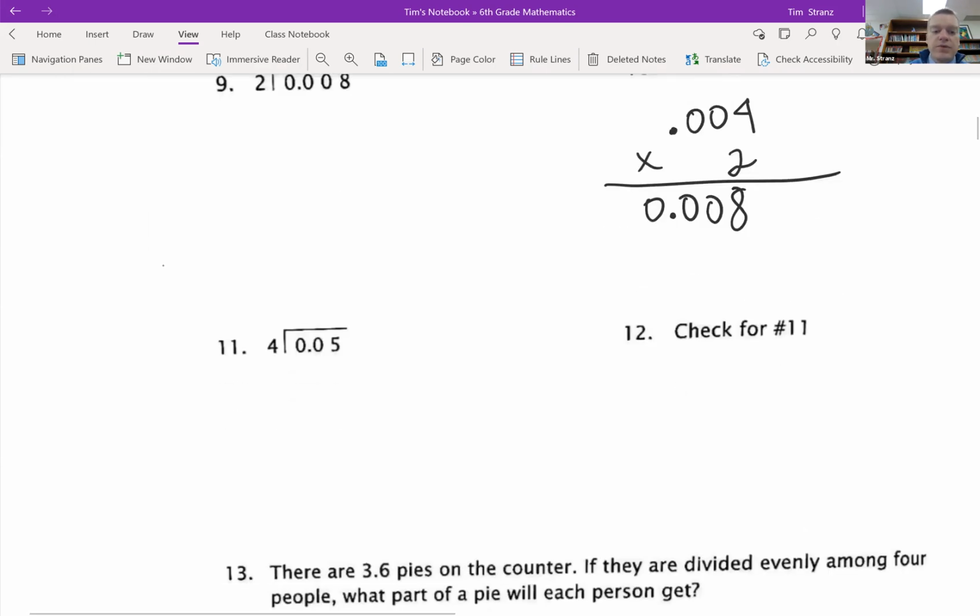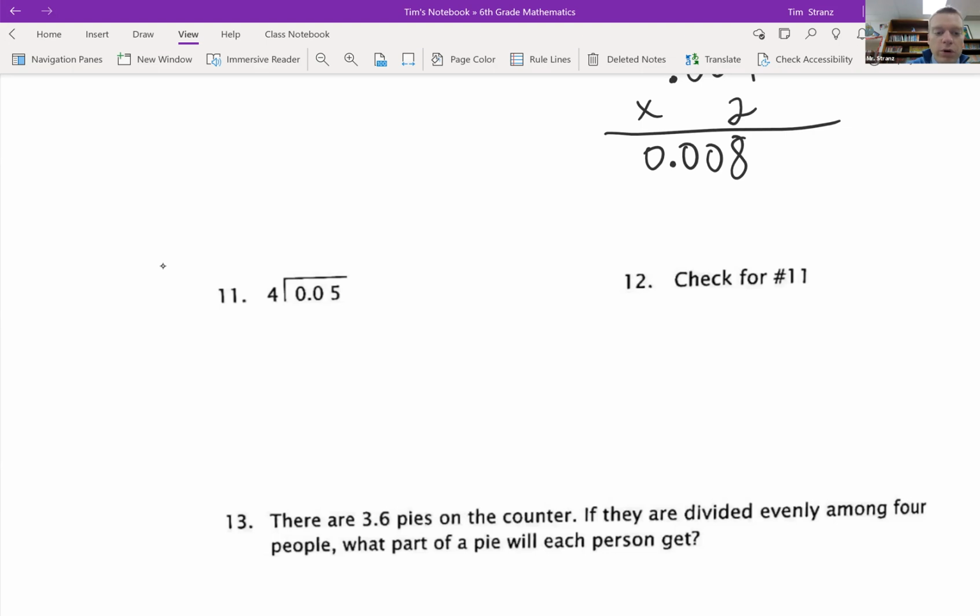Okay, number 11, we got 0.05 divided by 4. Decimal place, 0, 0. 4 goes into 5 only 1 time. So 5 minus 4 is 1. I brought down my imaginary 0. 4 goes into 10 2 times. 10 minus 8 is 2. I'm going to bring down another imaginary 0. 4 goes into 20 5 times. So 0.0125,